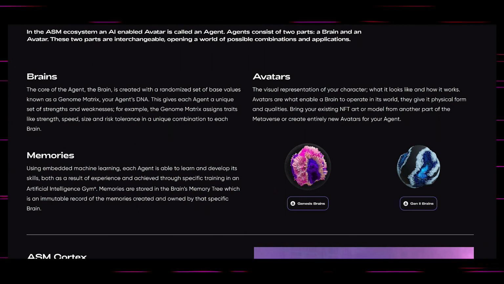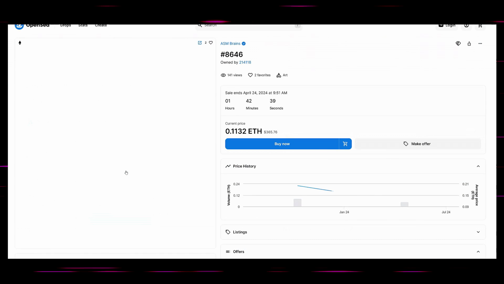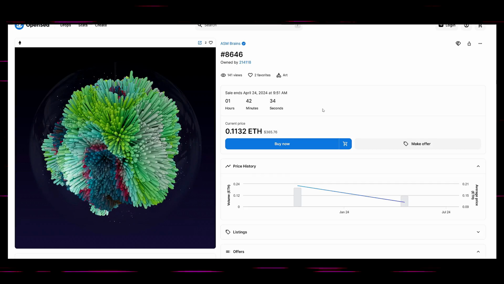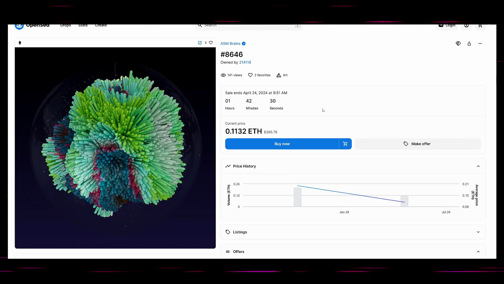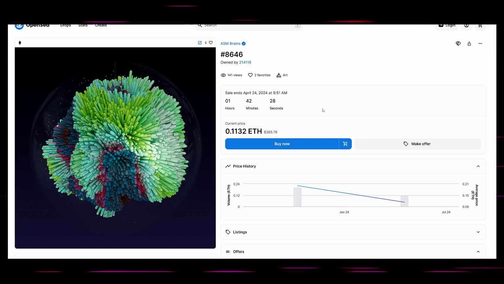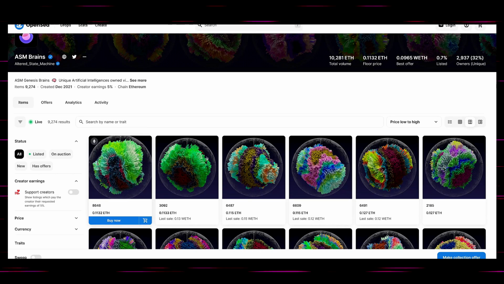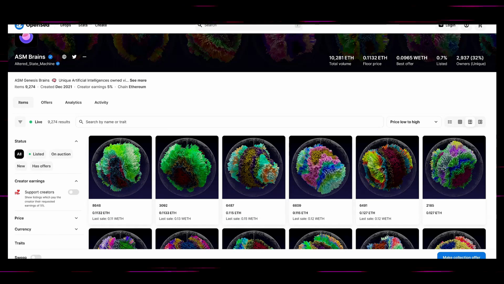Real quick, we're going to jump on OpenSea and take a look at what the cost is for a Gen 1 brain. A Gen 1 brain right now at floor is 0.1132 ETH. That's about $360. So if you are wanting to get one of these Gen 1 brains, that is what the floor is at the current moment.